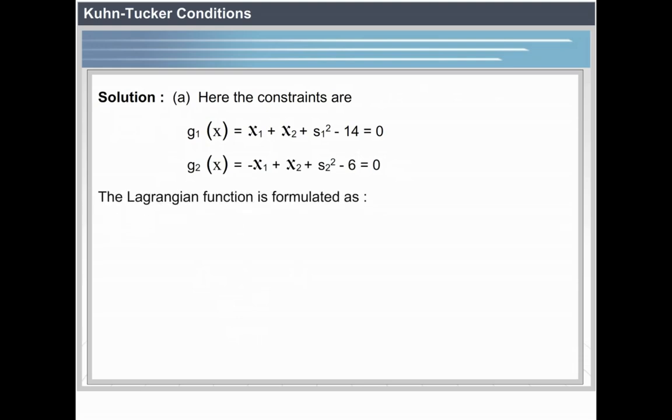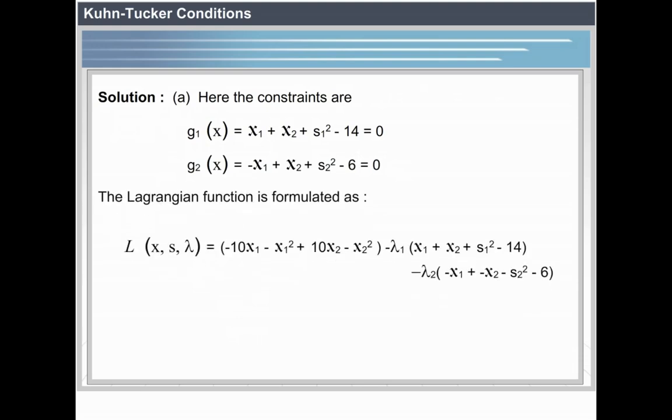The Lagrangian is formulated as L(x, s, λ) = 10x1 − x1² + 10x2 − x2² − λ1(x1 + x2 + s1² − 14) − λ2(−x1 + x2 + s2² − 6). The Kuhn-Tucker necessary conditions for a maximization problem are